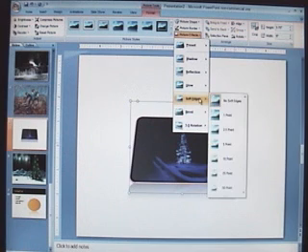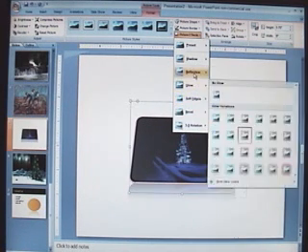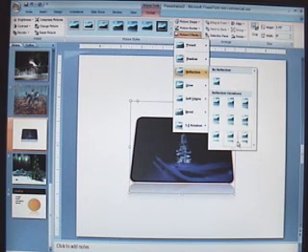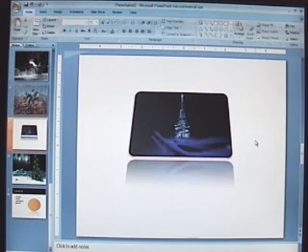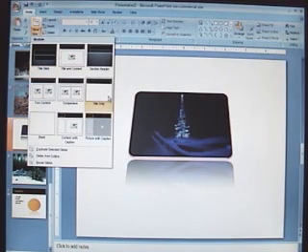You can just add all of this, and it puts it on top of some of the other layers. You can change reflection variations. So if we wanted to go with this type of reflection that's more of a broader reflection, it would do that. A cool thing, we're going to go ahead and create a new slide,